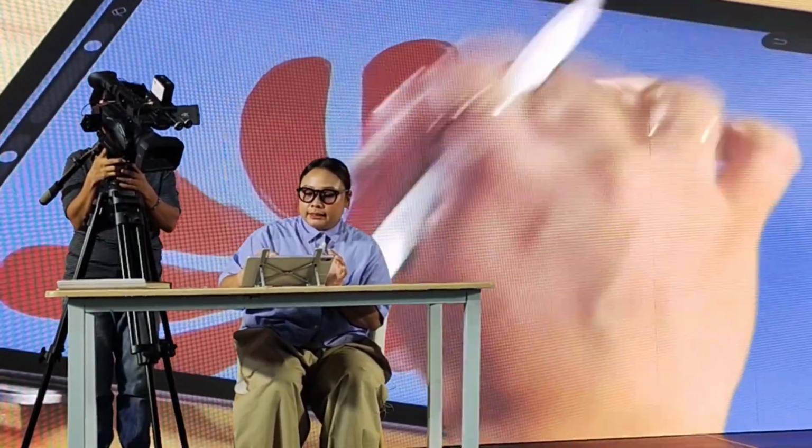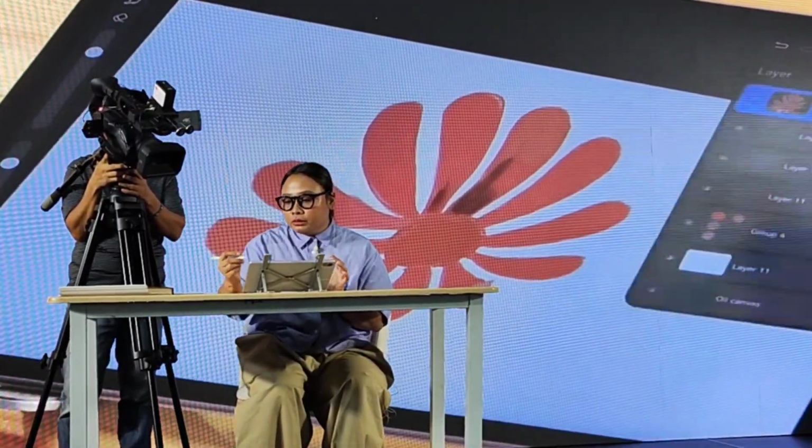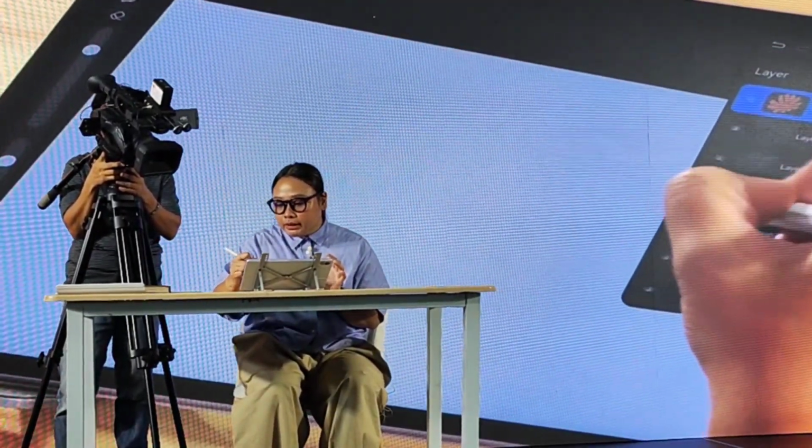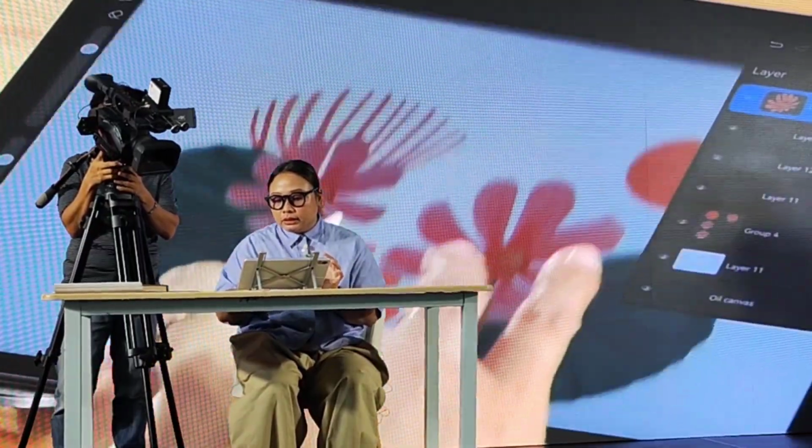So what is nice is that you can fiddle with it and look for the things that you need in other paintings. And then you can always revert, go back just in case you create a mistake here and there, and move forward with a better painting. So yeah, we did all the petals and it should look something like this.